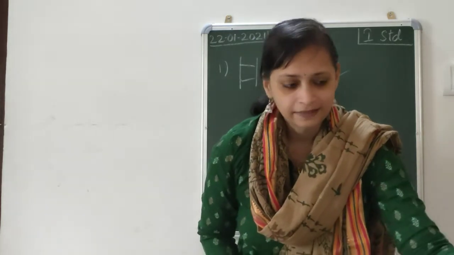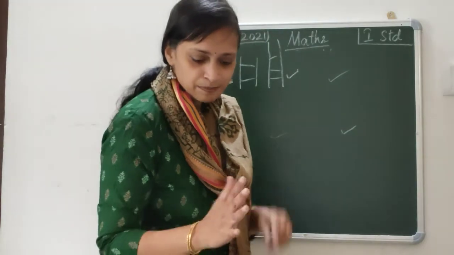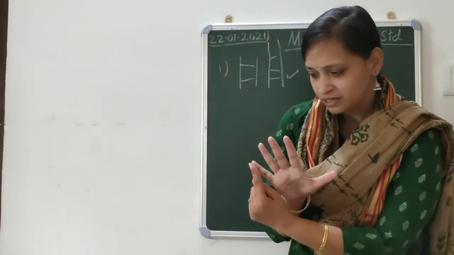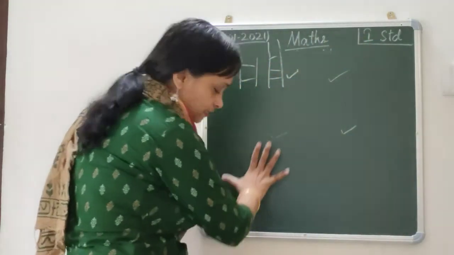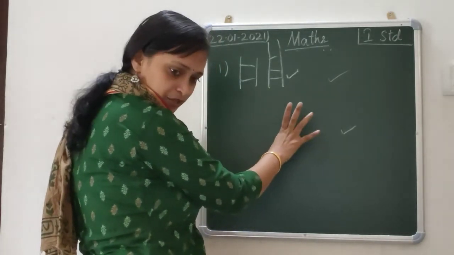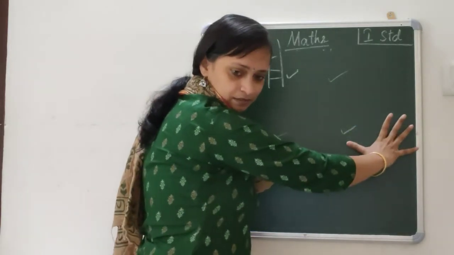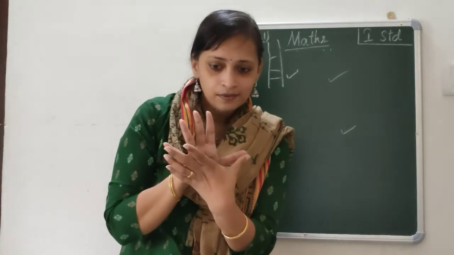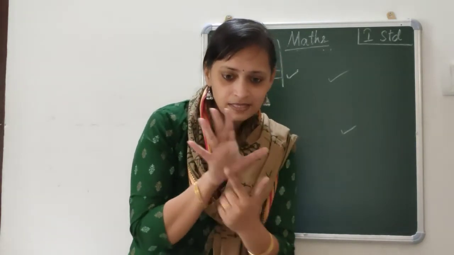And then there's another way of measuring called the hand span. What is hand span? The tip of your thumb to the tip of your little finger. Can you see? This is called 1 hand span. Can you see me measuring the board? 1, then again I come back to the little finger, then open again 2, and then 3. Do you understand? This measurement is called hand span.